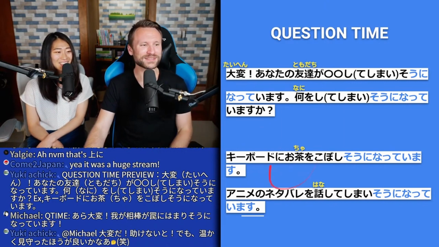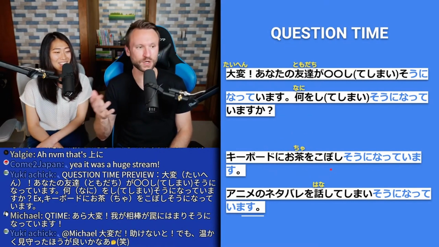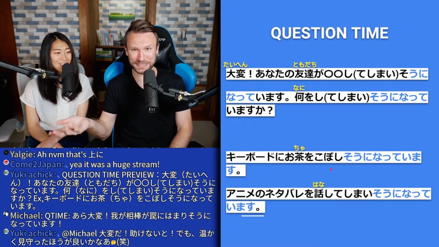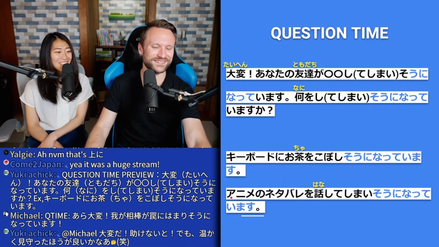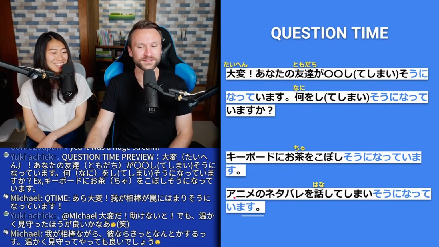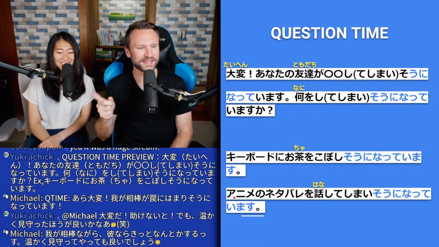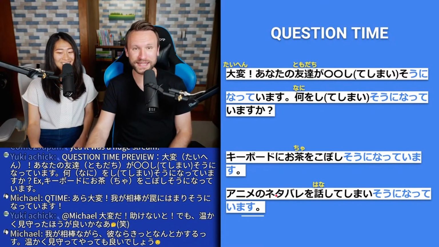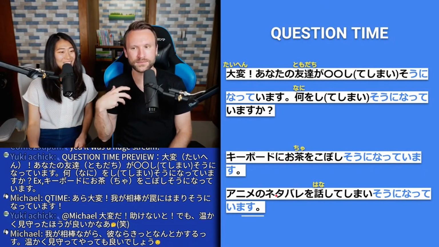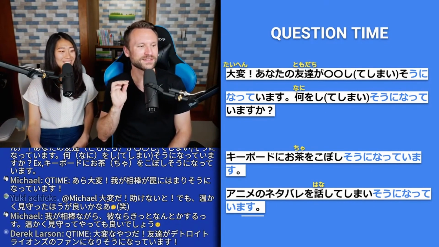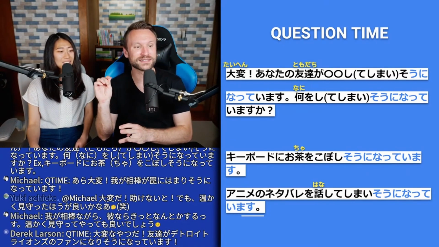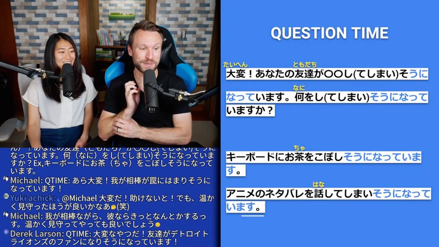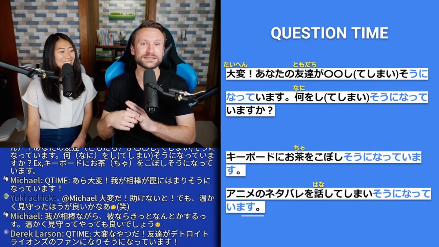Oh my god. キーボードに so in the direction of the keyboard, お茶を so direct object is tea. こぼす means to spill something. こぼしそうになっています. He's about to spill it. アニメのネタバレを話してしまいそうになっています. This is not good, very bad. ネタバレ, for those of you who don't know, means spoilers. So, アニメのネタバレ, so anime spoilers を as a direct object 話してしまいそうになっています. He's about to or nearly going to talk about spoilers